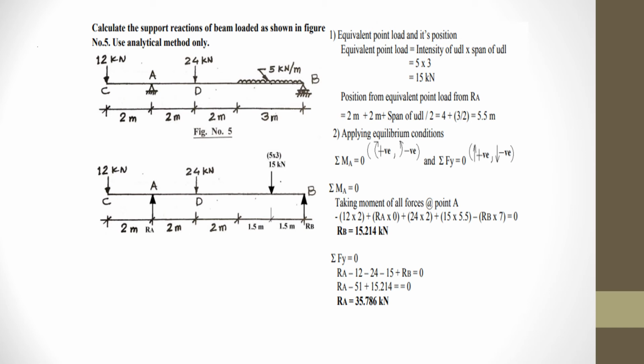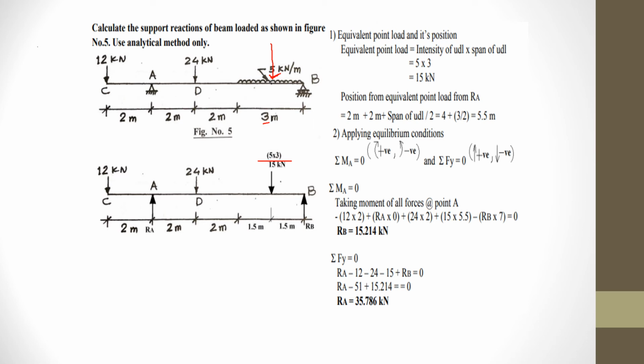and this is a UDL given as 5 kilonewton per meter, and the UDL is placed over a distance of 3 meter. So for converting the UDL into a point load, we need 5 into 3, that is this value into distance. So 5 into 3, that is 15 kilonewton, and it is located at the center. As we have drawn this diagram, calculations are a little bit simple.